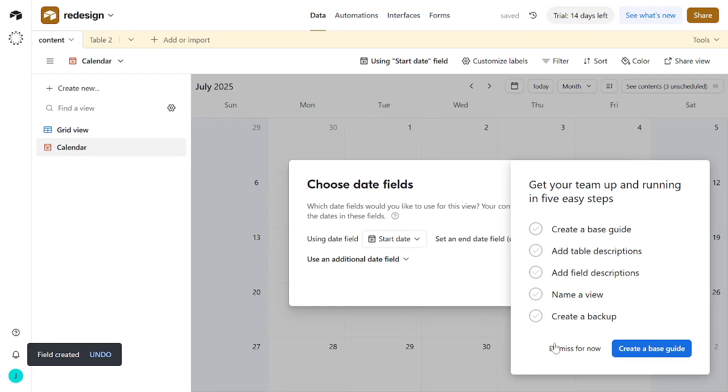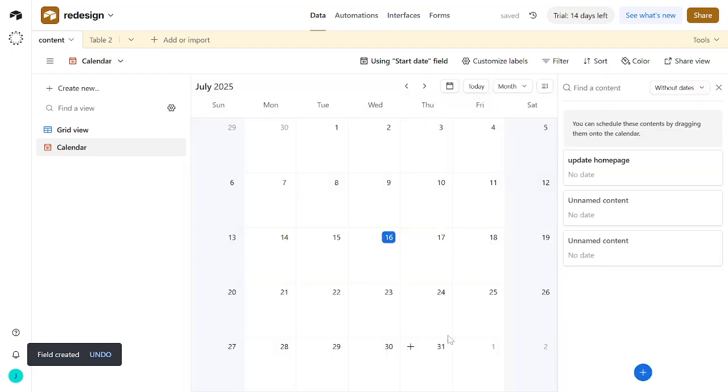Let me explain why this matters. By leveraging Airtable in this way, we're keeping our website redesign project organized, manageable, and on track. We're breaking down larger tasks into smaller steps, keeping an eye on progress, and ensuring we hit our deadlines. That's it. You now know how to use Airtable for your website redesign planning. This was a brief but comprehensive guide to help you